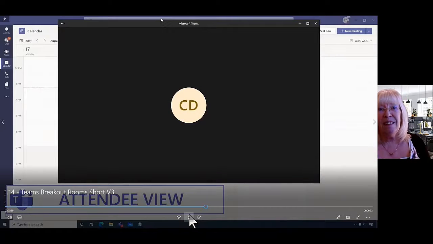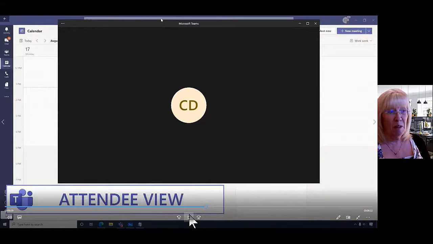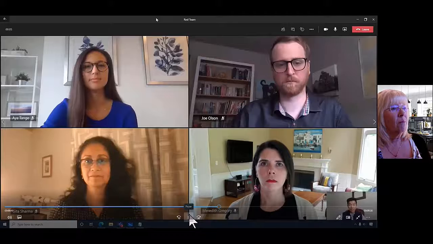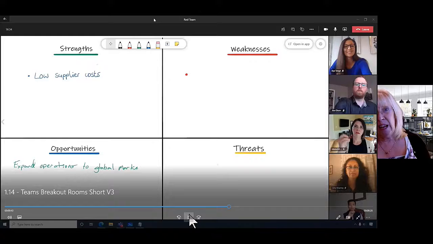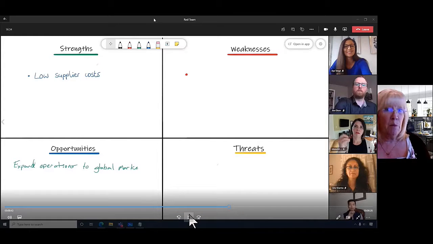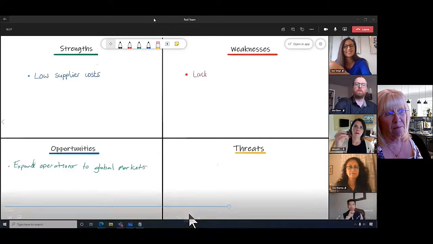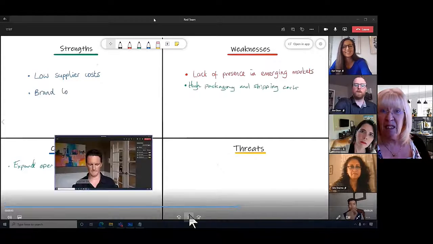Let's have a look at what the attendees can see. As they move into another room, they might be the first person there, so you need to talk to them about that. And then everybody who's also assigned to that room will join them. And it might be that they share a screen and do some work, maybe with a whiteboard like this or on a document, and they can write on the whiteboard together, have a discussion,